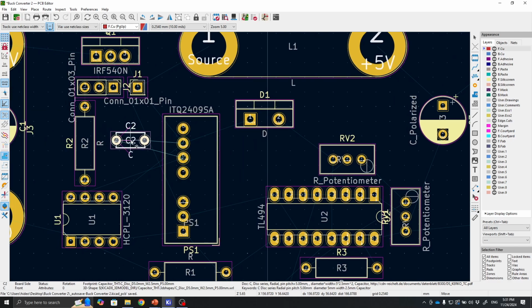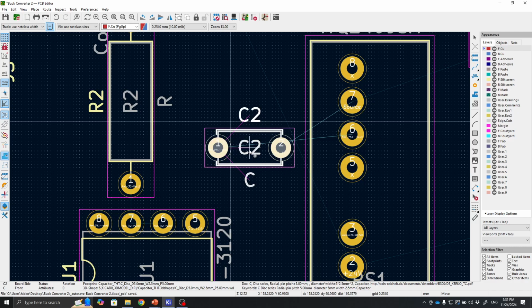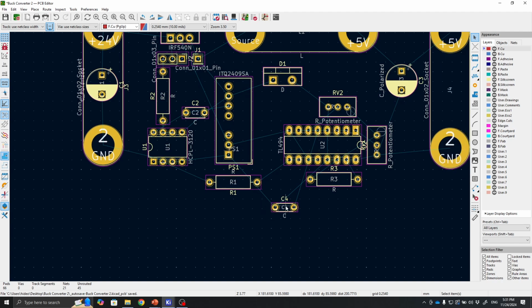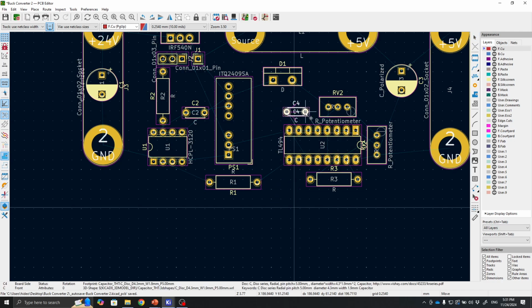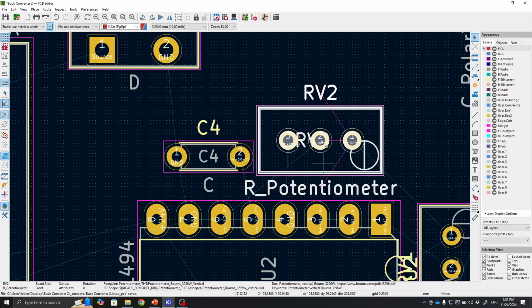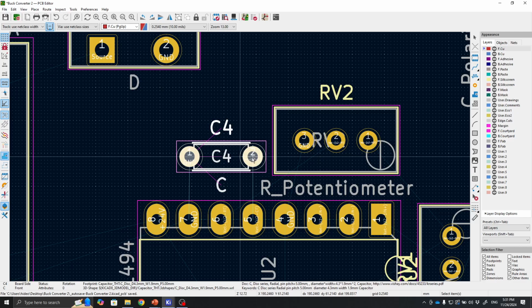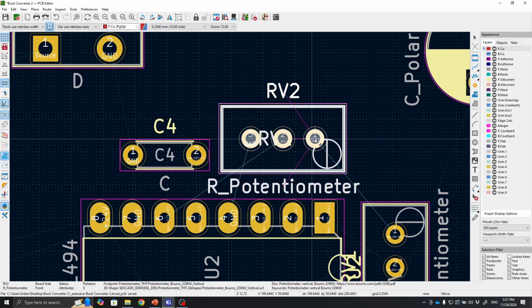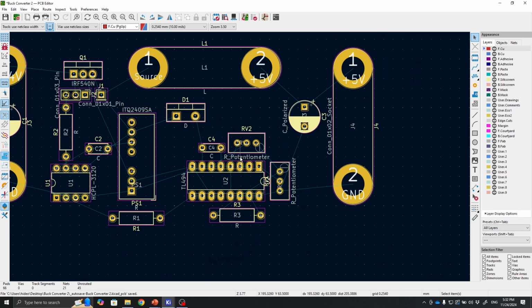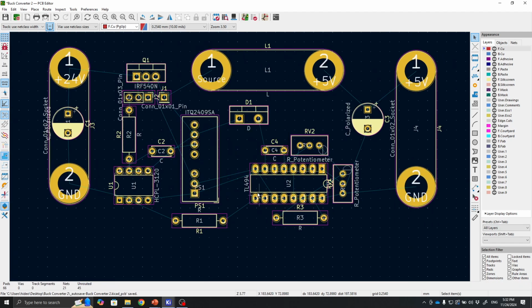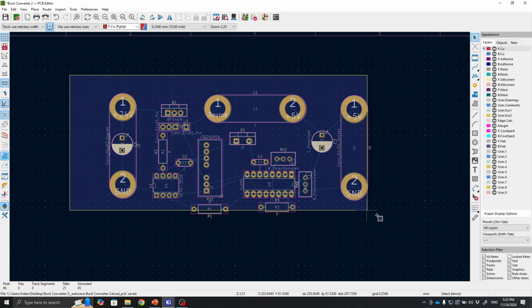So this is for the C2. We can put maybe in here. It's okay. And then this C for the control, you put like this. Okay, so after everything is put in some places,